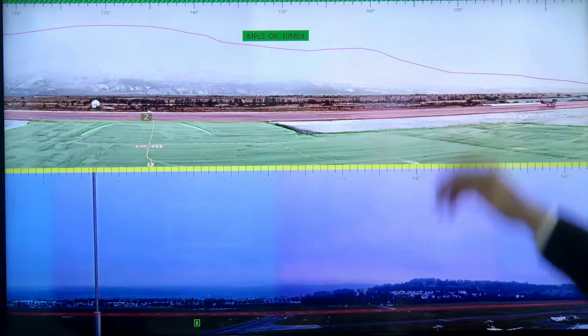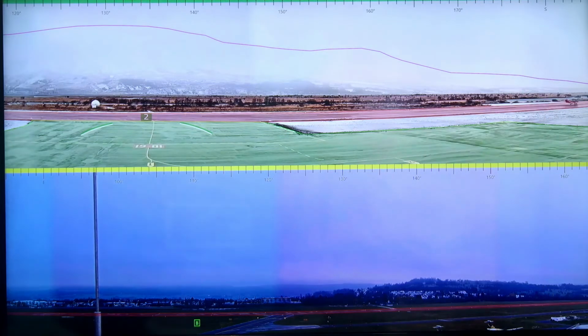And you will see now also what happens when the system itself detects that everything is fine again. As soon as it measures that the MPLS network is fine again, the system automatically switches back to the higher bandwidth. So it uses now 10 megabits per second, and of course it transmits again the entire panoramic view to the remote tower center.